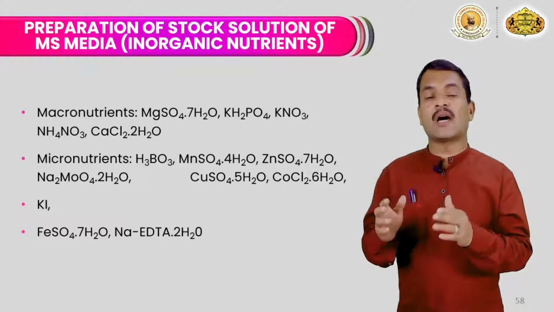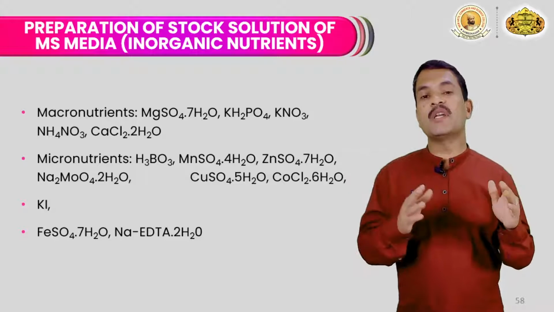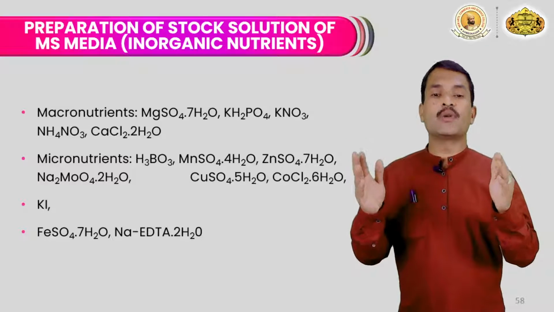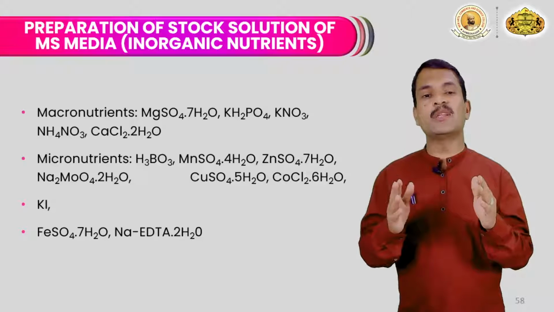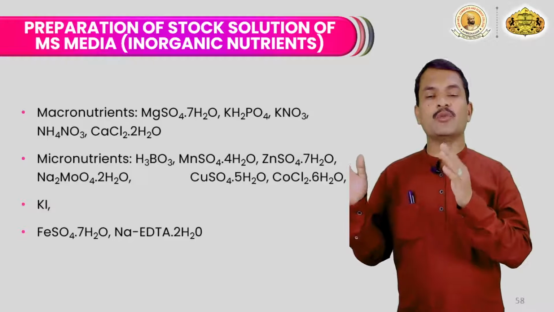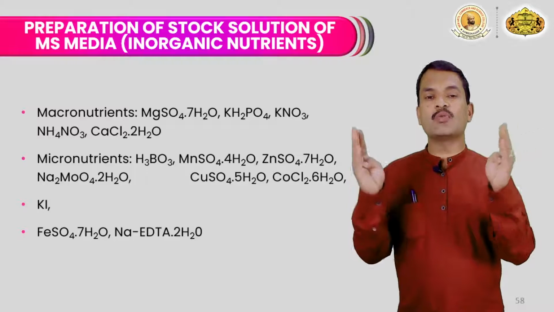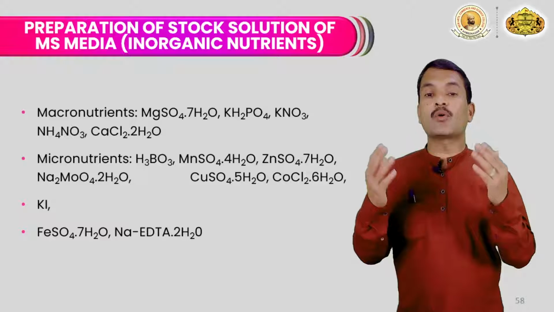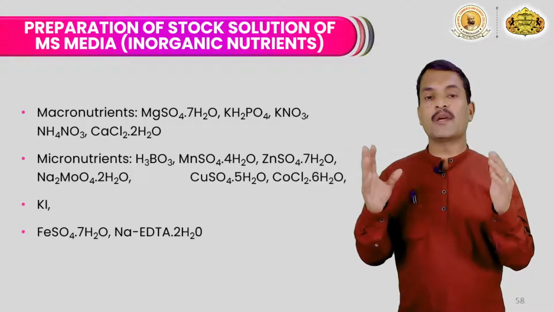What we do is take iron sulfate and dissolve it in boiling water, then separately we take sodium EDTA, which we dissolve separately. Nowadays the sodium iron EDTA chemical is available directly in the market, and you can add that. But remember that if you want to prepare it yourself using FeSO4 and sodium EDTA, you need to take these separate solutions and mix them. So you will get the golden colored iron EDTA solution. Okay, so sodium iron EDTA solution.